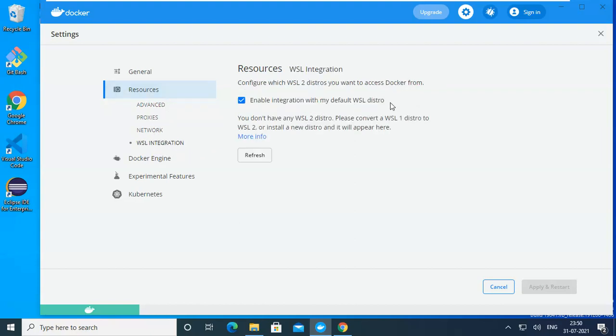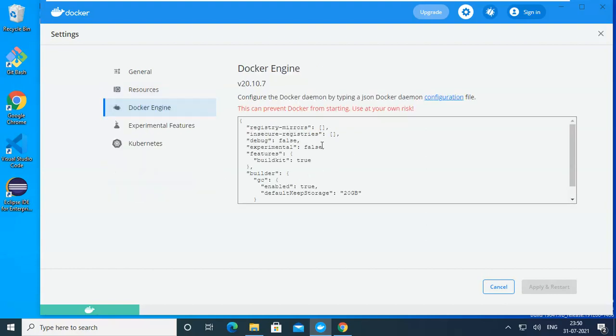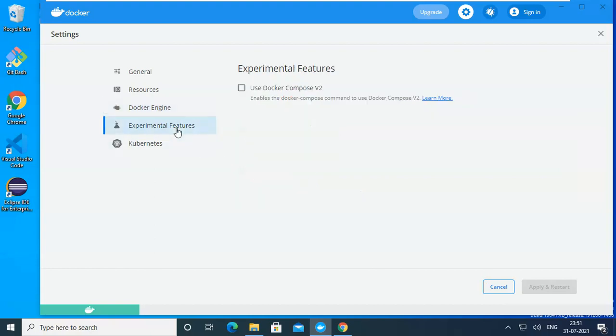This is my Docker engine. Prevent Docker from starting automatically is at your own risk. This is the configuration showing, so that it won't start automatically. This is the Docker Compose version and experimental feature.